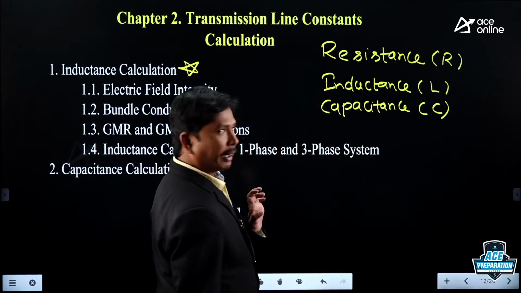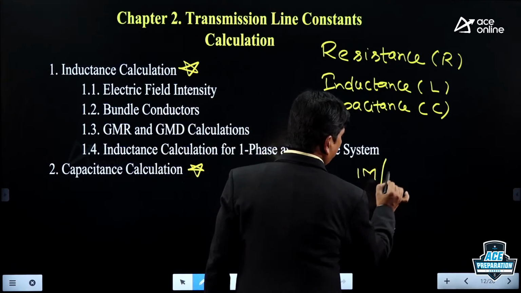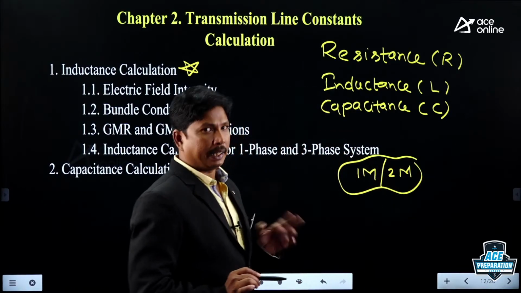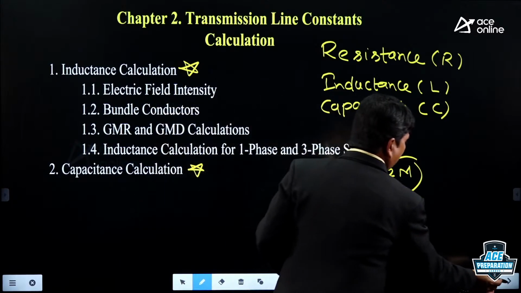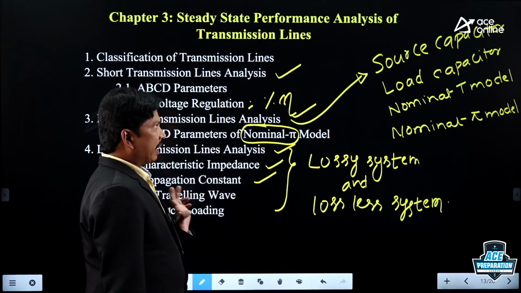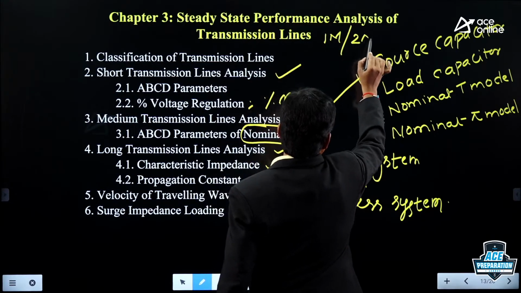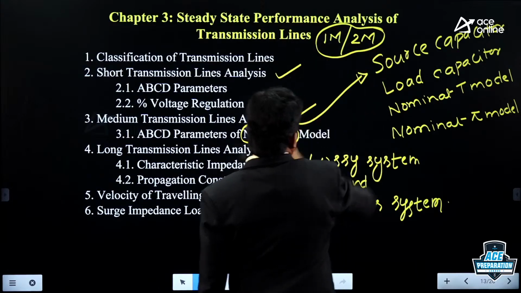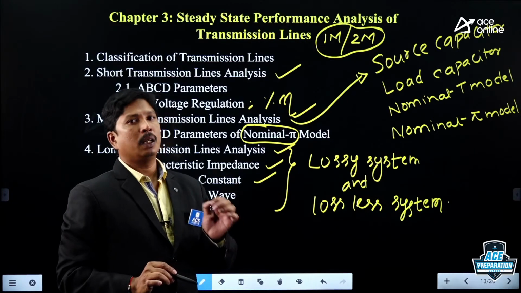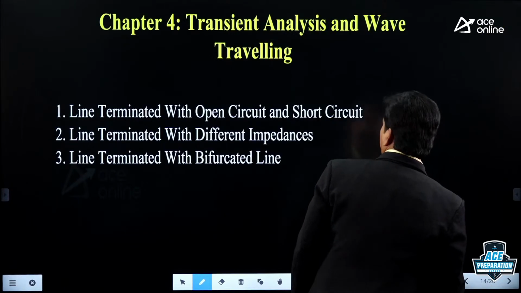So in case of chapter 2, we can at least expect one 1-mark or one 2-mark question. Not both. So you can get one 1-mark or one 2-mark question. And in chapter 3 also, we can expect one 1-mark question, or one 2-mark question. Right? So in chapter 1, chapter 2, chapter 3, you can definitely expect one 1-mark question or one 2-mark question. Clear? Right. Coming to chapter 4, students.